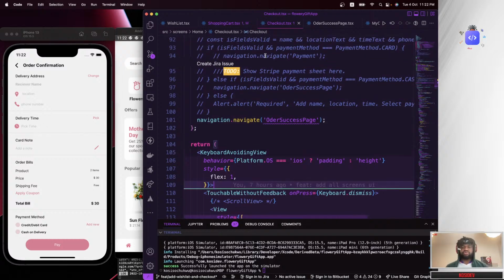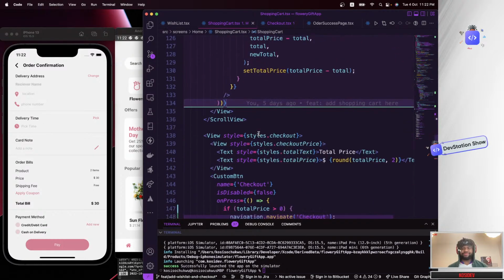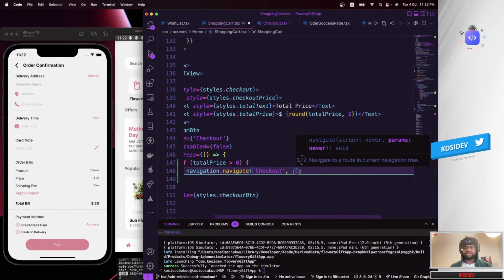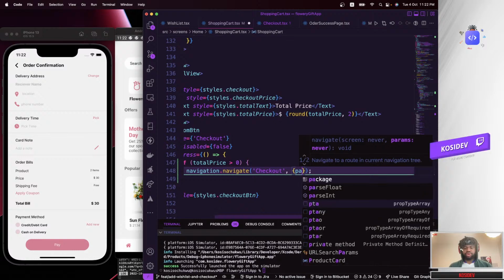To fix that, let's say we want to navigate to the checkout screen. What I need to do is to pass a param. I'm going to call this param